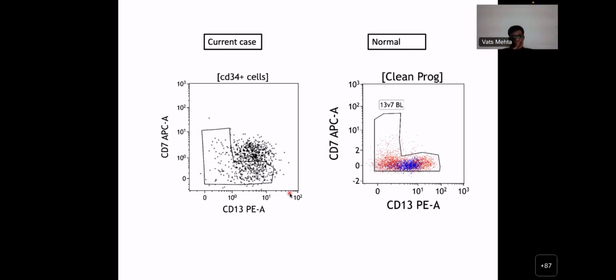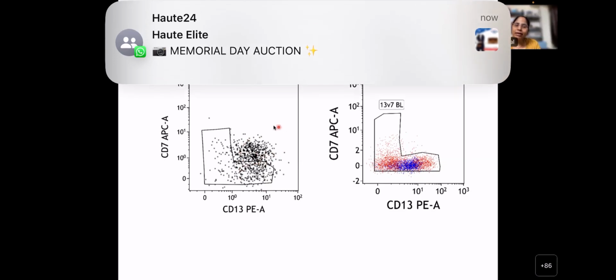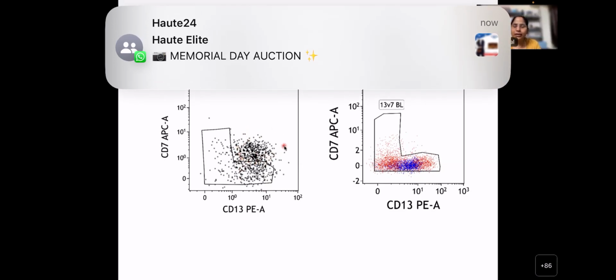CD7 expression seems to be higher than in the normal population, ma'am. And CD13 too seems to be more expressed in the current case than the variable expression seen in the normal. Right. So in CD13, the blasts are predominantly CD13 positive, and CD7 expression is being seen in the 13 positive